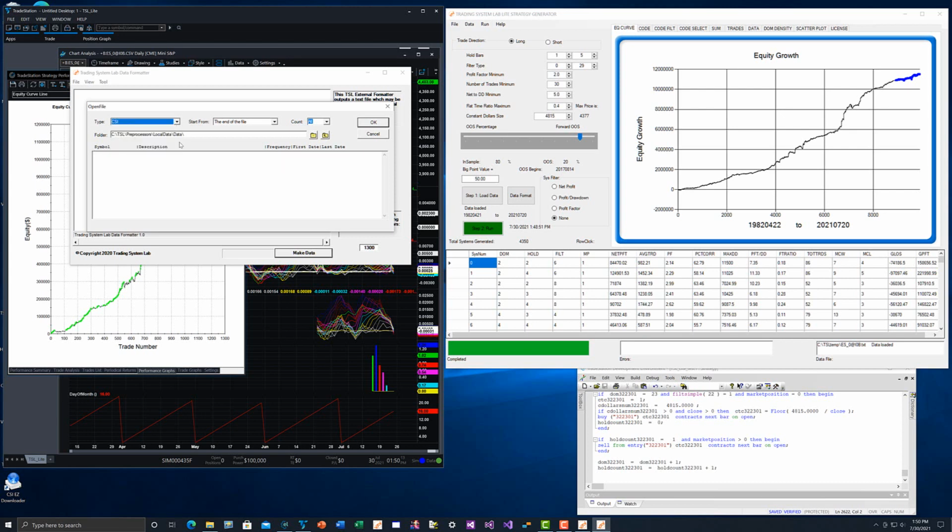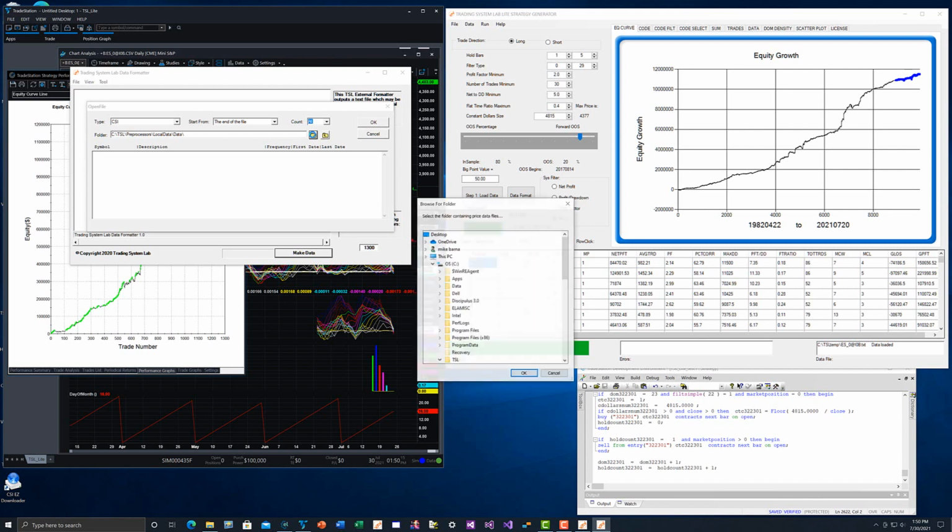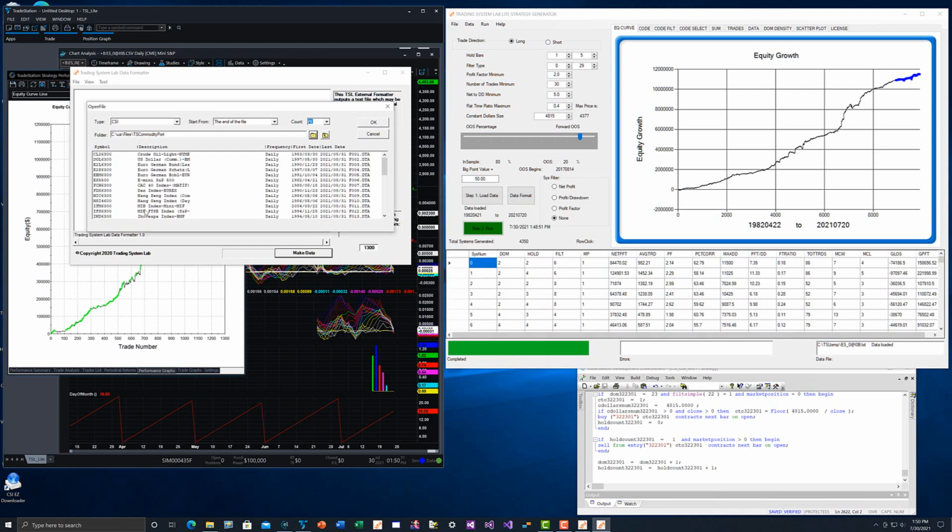So CSI data is a popular source. We'd simply load that data by selecting our folders in the CSI Unfair Advantage program, and load in that data, and then